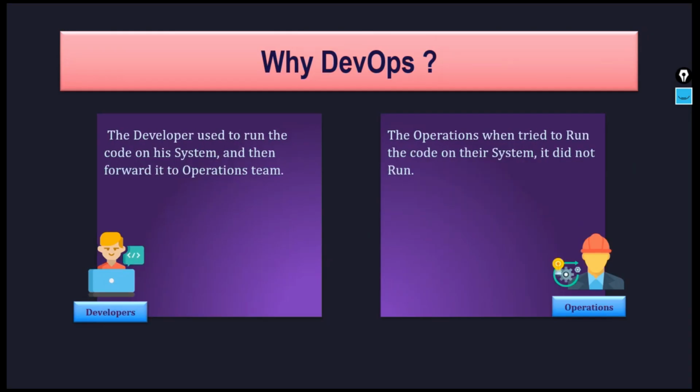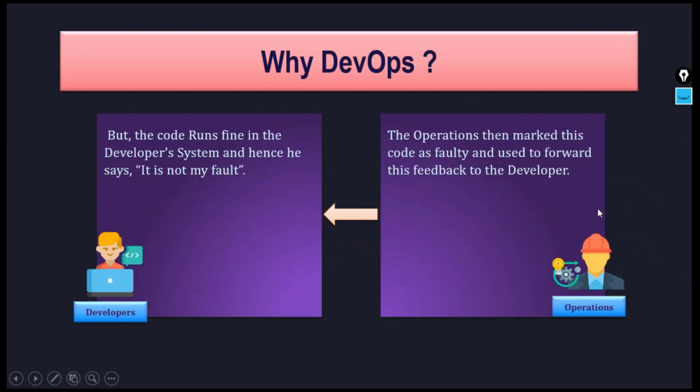So the developers will run his code on his system and then tune his system in such a way that it will always appear to them that everything is working fine. But it is not the same with the operations, because you have to put that code or the application into the operations-maintained pre-production servers. And there the environment is totally different. There starts the problem.